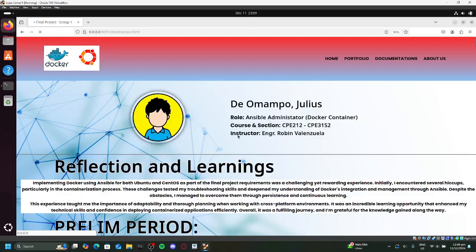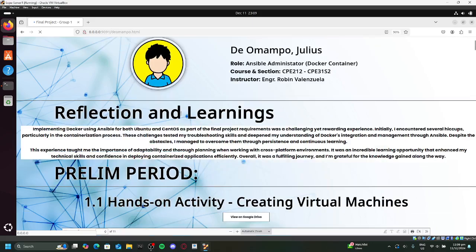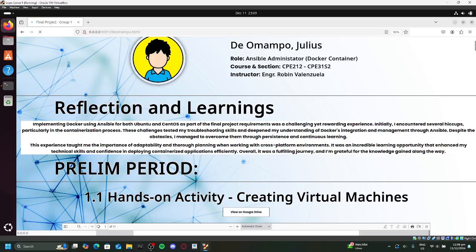We can see the same layout but different files, different reflections. Here's the name, role, section, structure. This is his reflection.